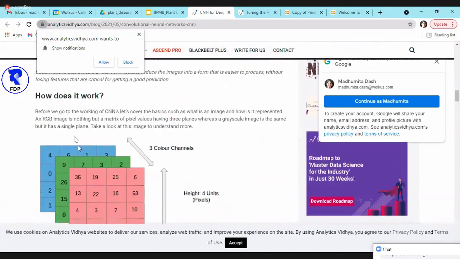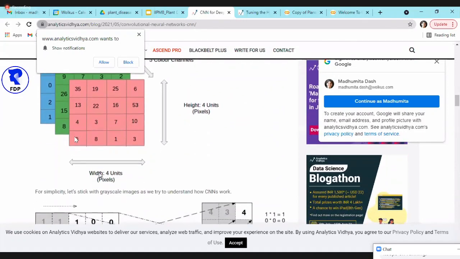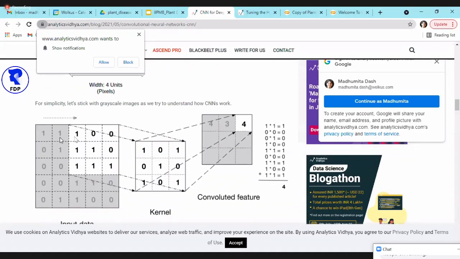This is an excellent article that uses animations to show what a convolution is. It will go through each pixel. It will take a 3x3 matrix, multiply it with a filter matrix, and reduce the features. So it will convert a 3x3 matrix to only one single value.